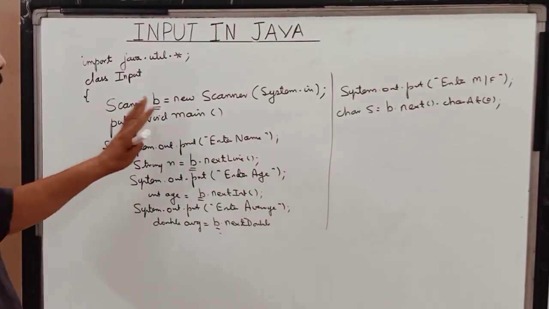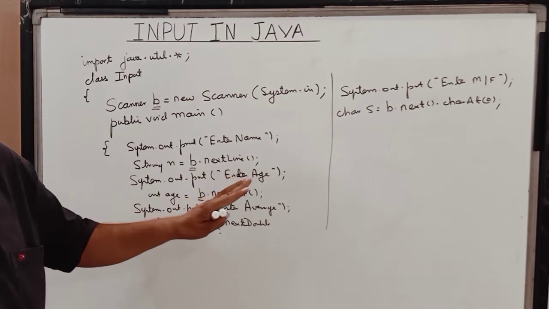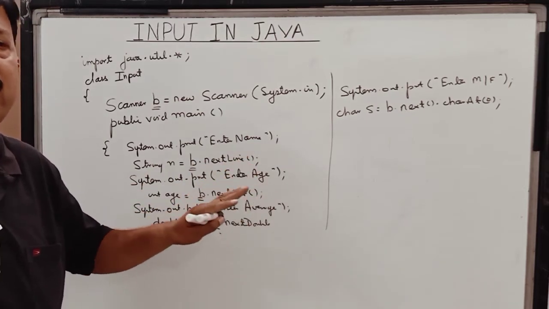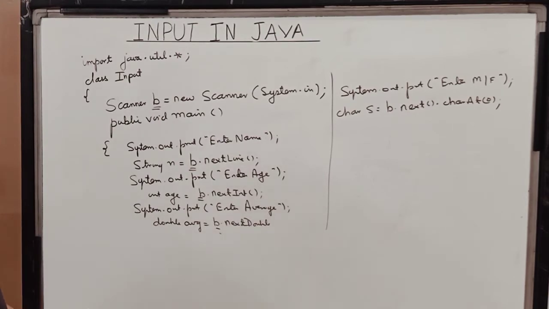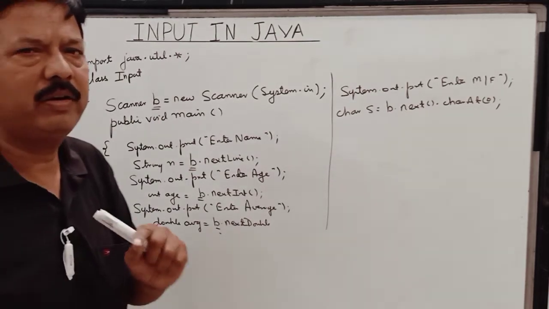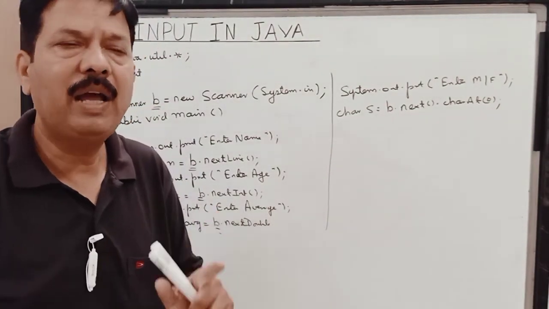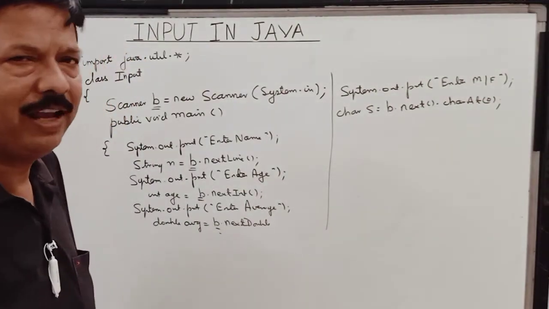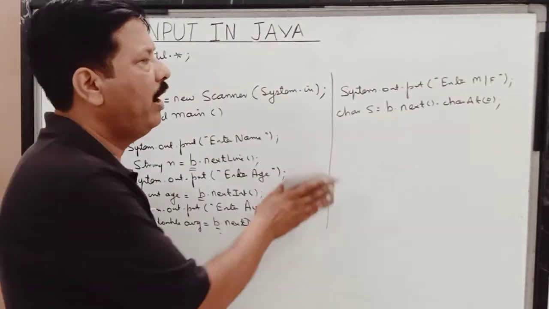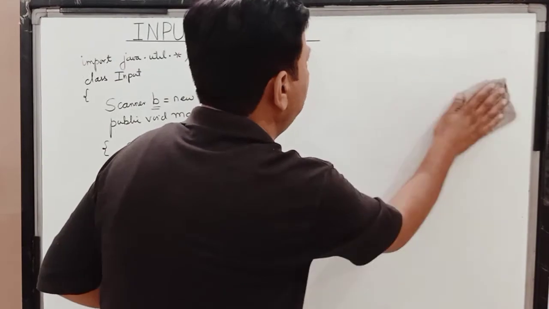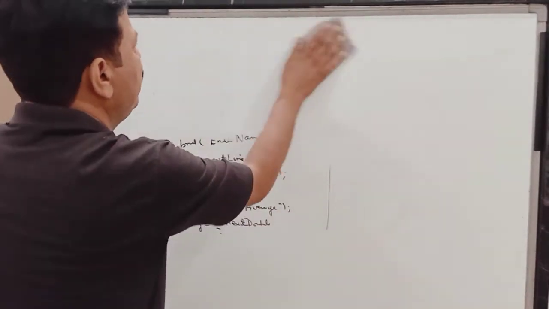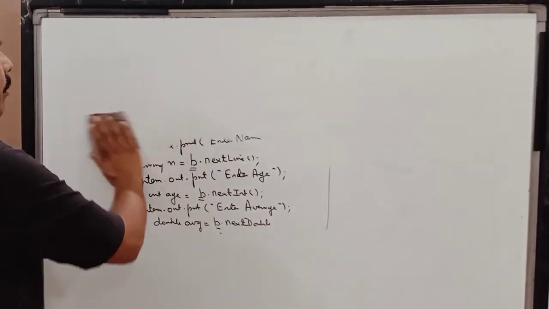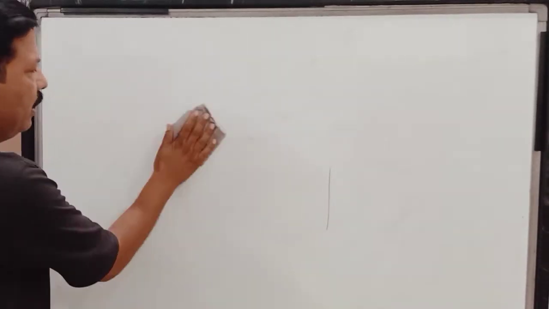So to understand this program using the scanner class, I am first giving you a program which has already come in the board exam, and that is, just write down this program. Write a program to find the average A of 100 numbers entered by the user.